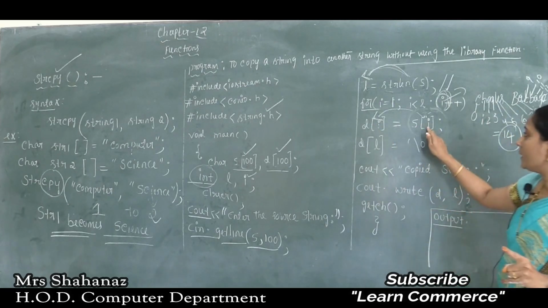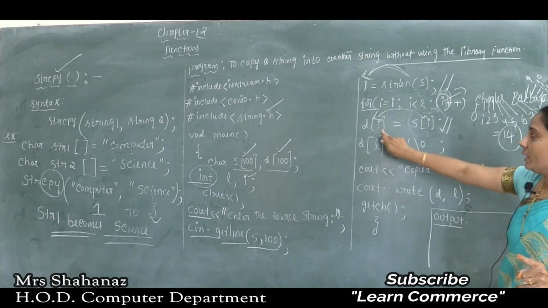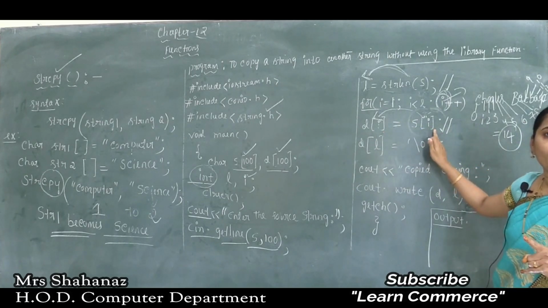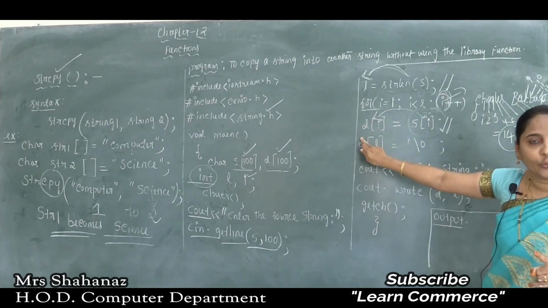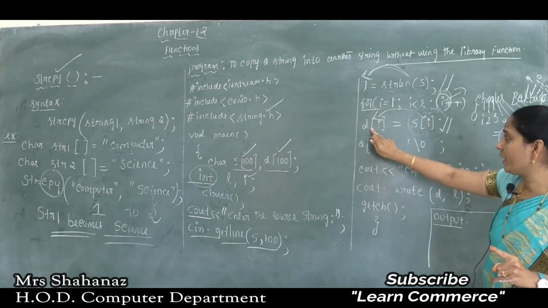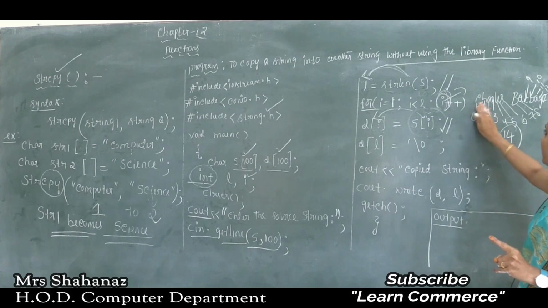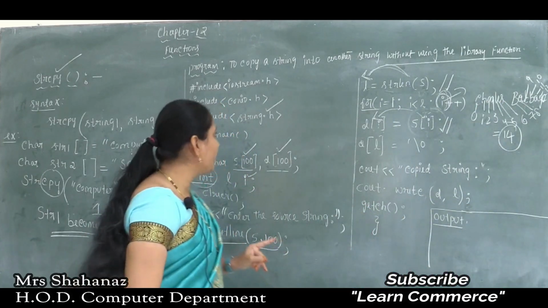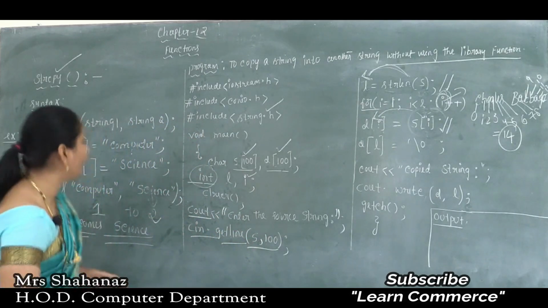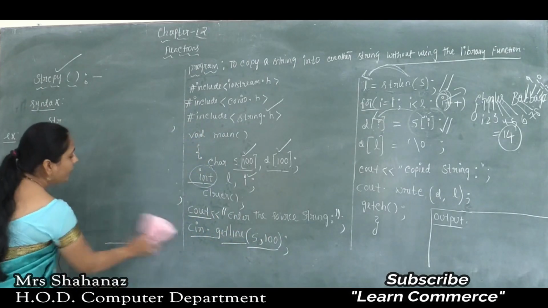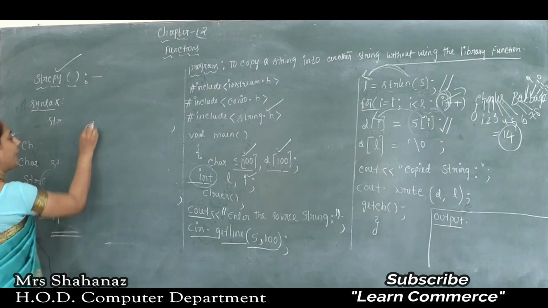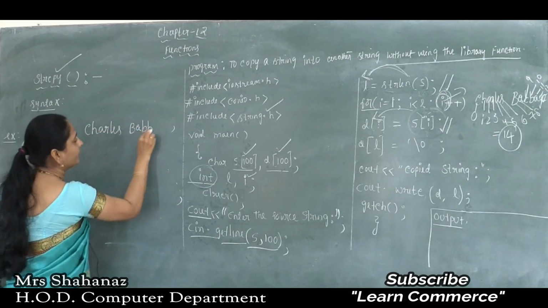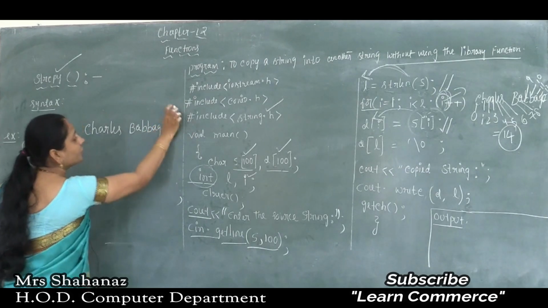String 2. Now here we can say that all the characters are copied from string 1 to string 2. Clear this point here? String 2. And as we know, now we are just going to write the group of characters. As we know in this case here, after writing the group of characters, that is the Charles Babbage, in this case I am using the same information, the Charles Babbage,